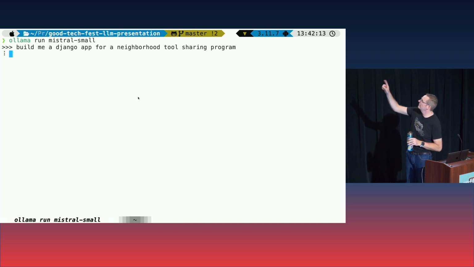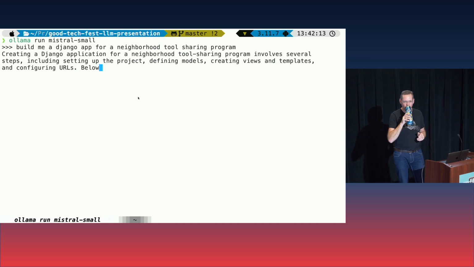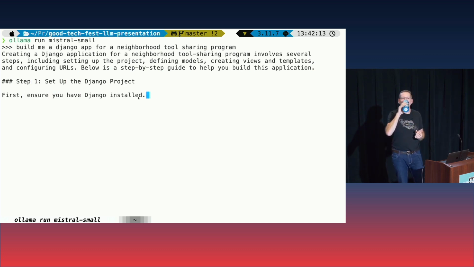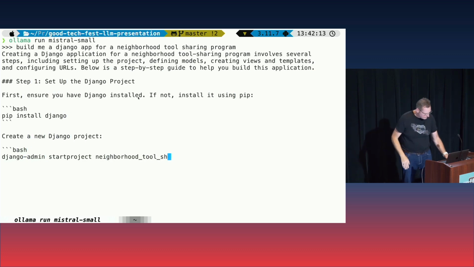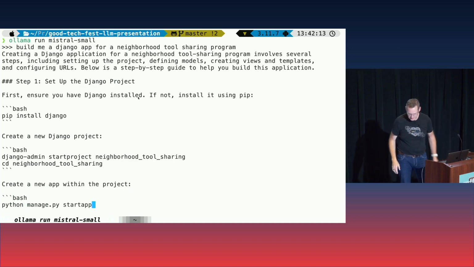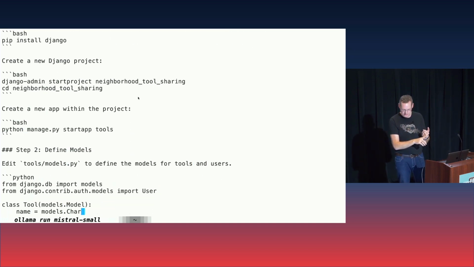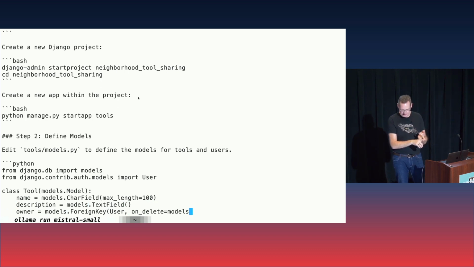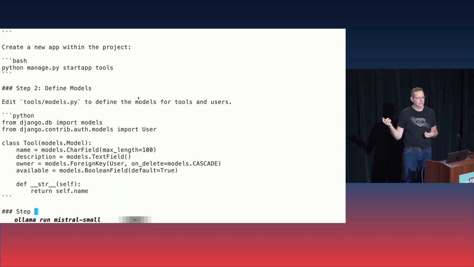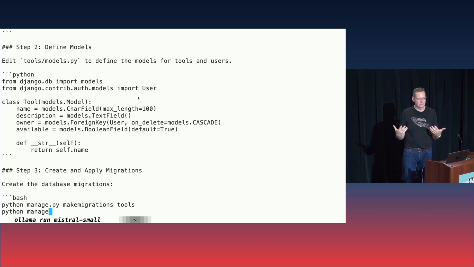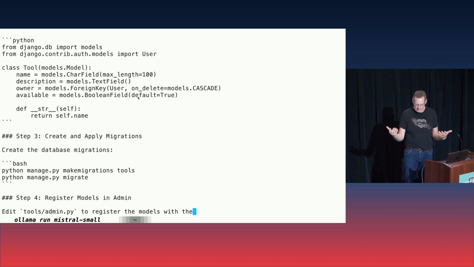It's the little thinking icons off to the side. There we go. So it's cool, it creates me a Django install, starts me a Django application, adds a Django app to the application, and now it actually starts building the models. So if you've ever done Django work, it's going to be a models.py, and it'll give me a Django admin,